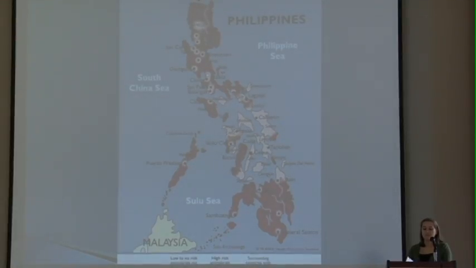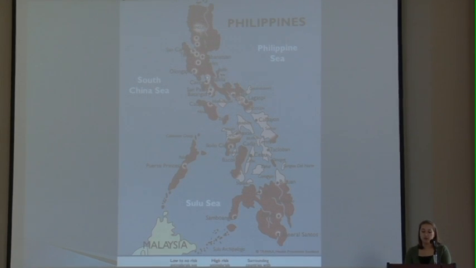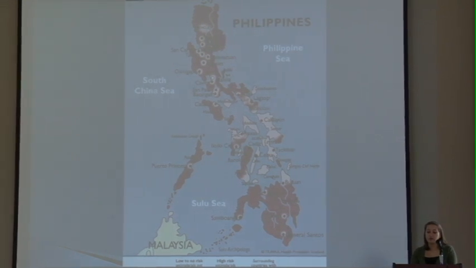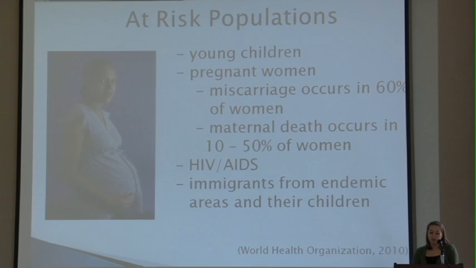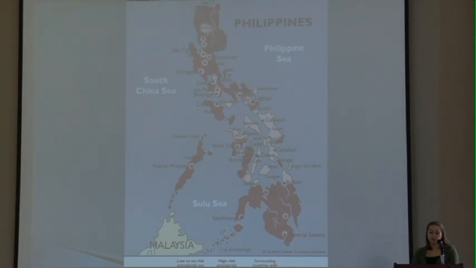Malaria is an issue throughout much of the Republic of the Philippines. The dark red shows areas where there is a high risk for acquiring malaria, and anti-malarias are usually advised for travelers. Light pink areas show regions where there is low to no risk of acquiring the disease. And as you can see, there's also a strong risk of malaria transmission in nearby Malaysia. In general, the highest risk is present in rural areas where there's a lower population density, less commercial activity, and more agriculture.